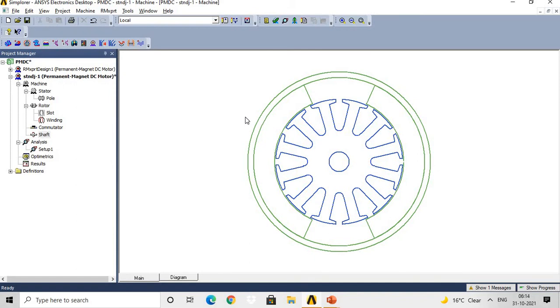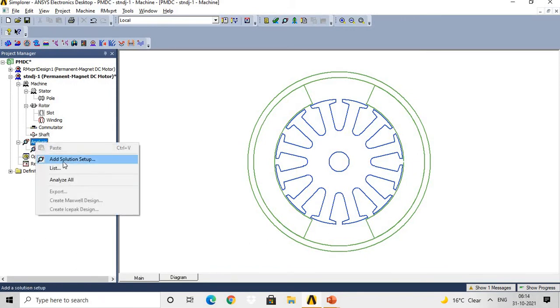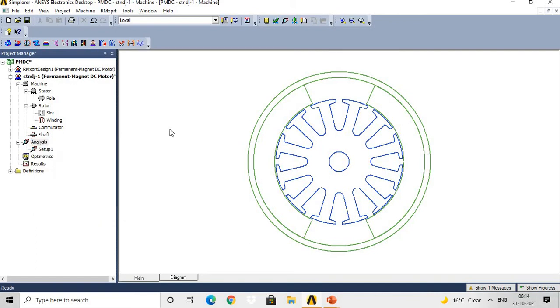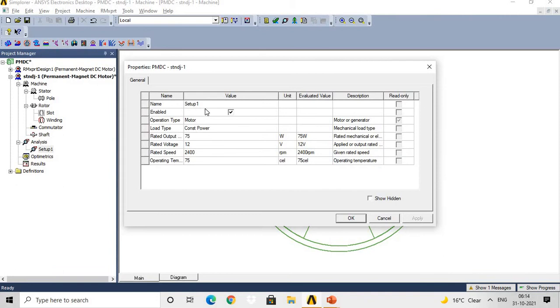Okay, it will show the error, and then you need to rectify that error. So for that purpose, what is the procedure of analysis? So just right click on the analysis and enter the add solution setup. I have already added the setup option. Then just double click on the setup option.